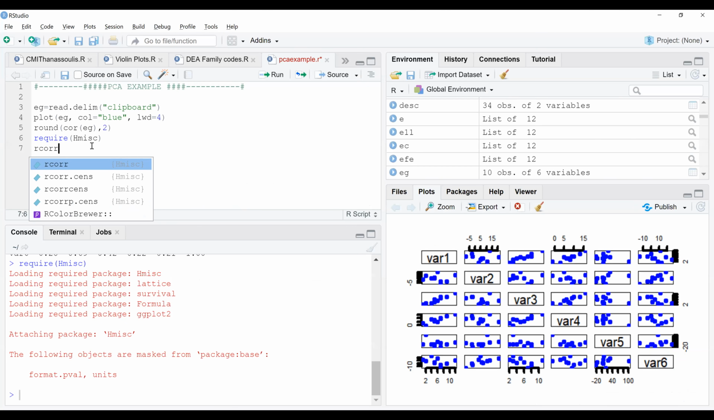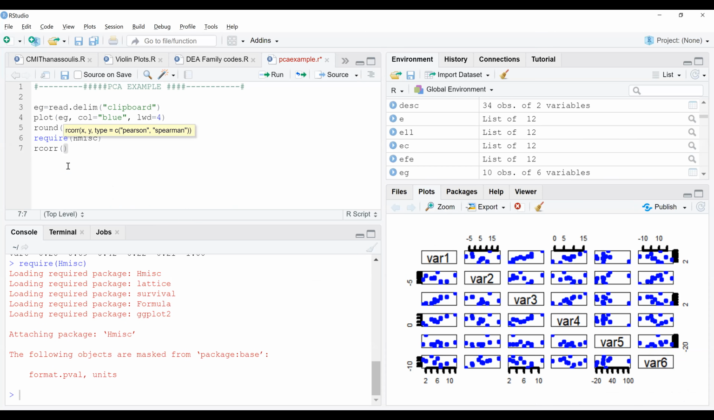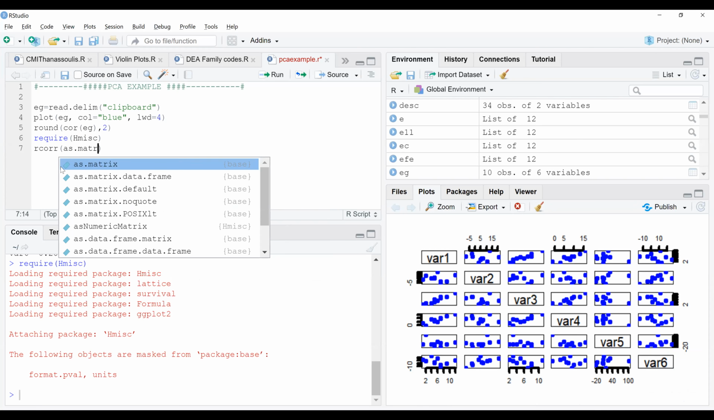Okay, rcore into brackets, and then you type as.matrix, as dot matrix,